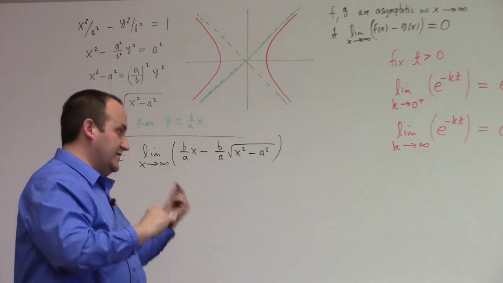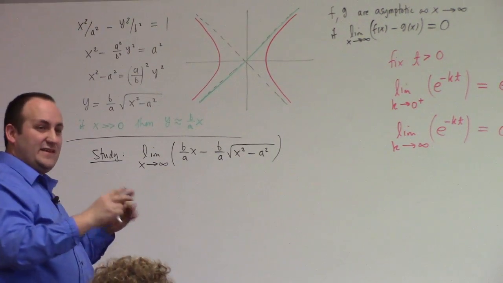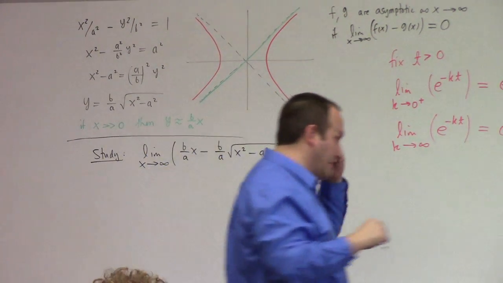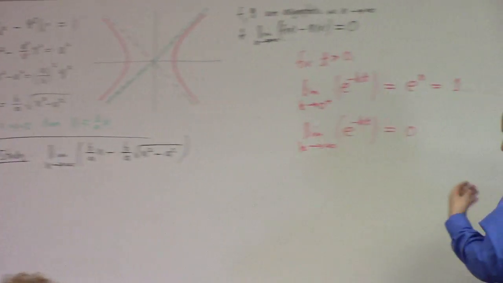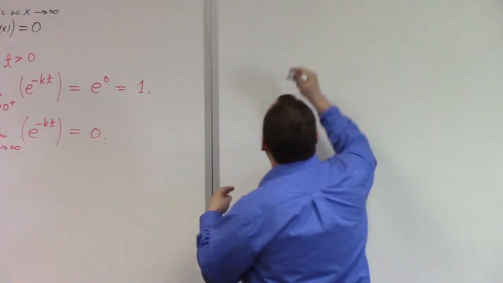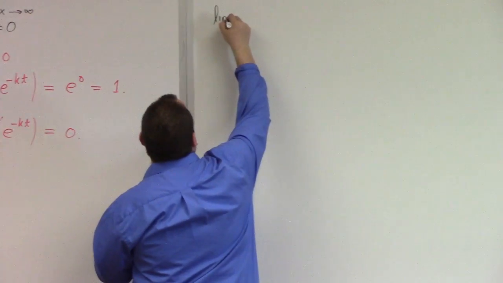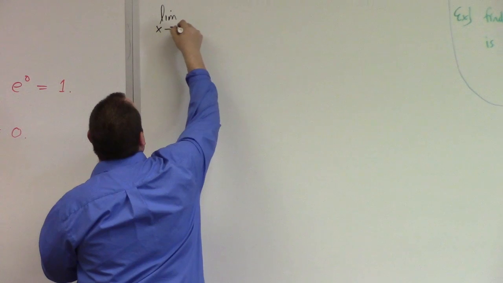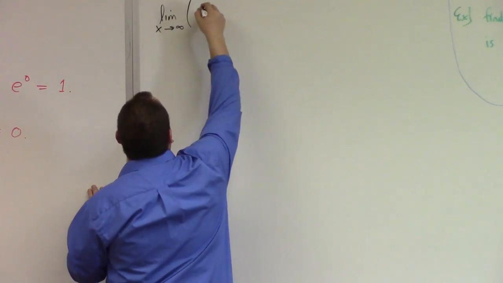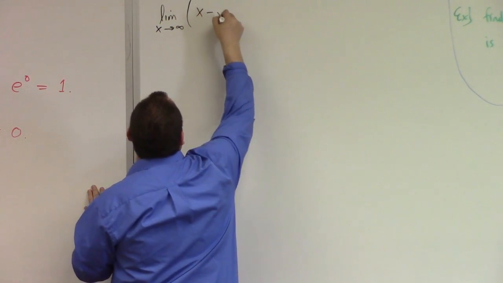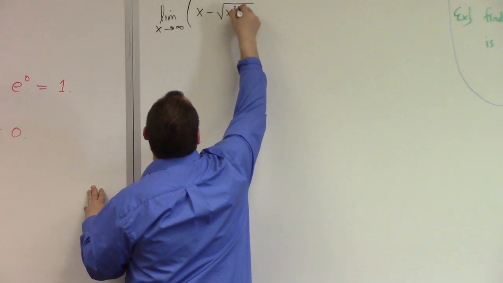Let me work the same one I worked for the other section because it's nice and easy, and then I'll work something like the one you asked me about, because it's the same song and dance to solve these. So a very related problem. I'm trying to show you why this kind of limit is interesting. It's interesting because it answers the question of whether the function x and the function